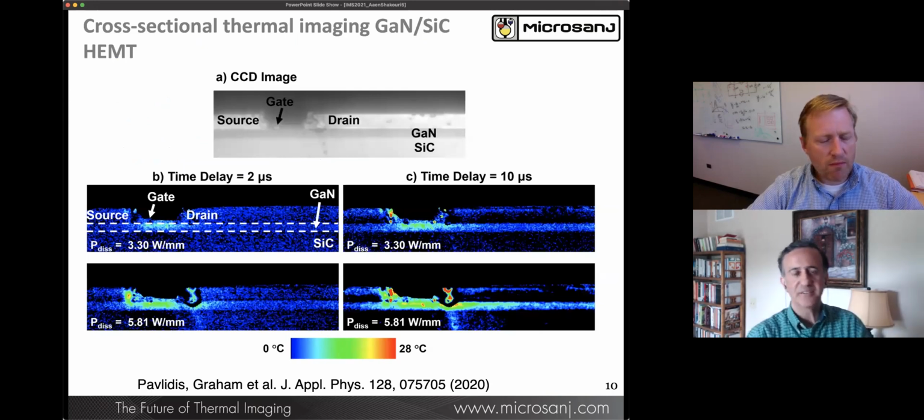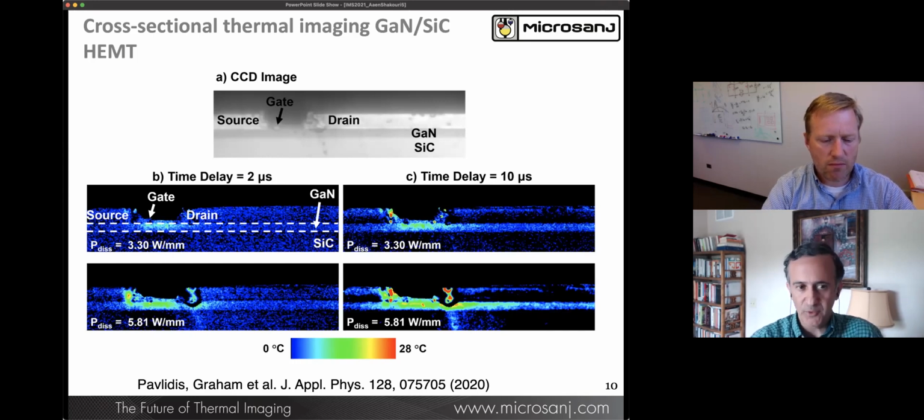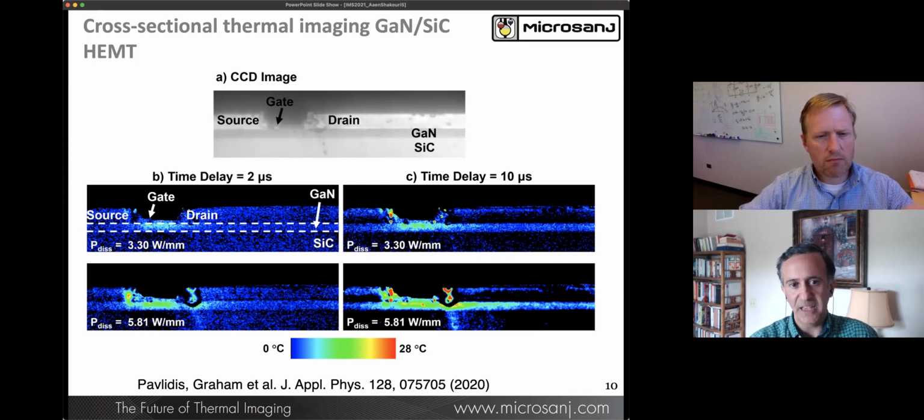So what you see here is one of the recent results published over the last year about cross-sectional thermal imaging of a gallium nitride and silicon carbide HEMT. So it required delicate device preparation. The top image shows the CCD. You can clearly see the source, drain, and the gate, the gallium nitride layer, and the silicon carbide. With the same optical imaging that you visualize it by, now locking in and looking at different powers and different delays on the bottom, you can see at 2 microsecond delay and 10 microsecond delay, what the temperature